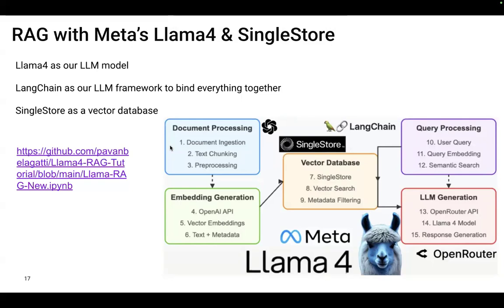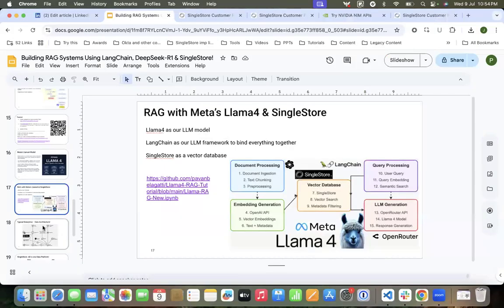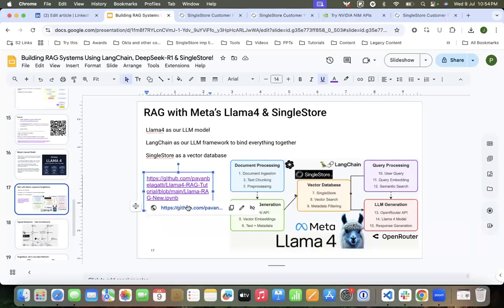All these embeddings are stored in a vector store like SingleStore, and then when a user query comes in, it goes through the vector store using similarity search, semantic search, and at the end it goes through the LLM model that is Llama 4 to give us the final contextually relevant answer back. So let's go to the GitHub,